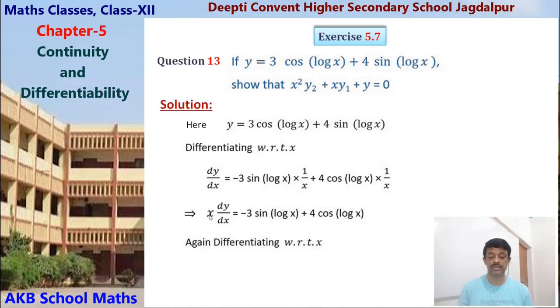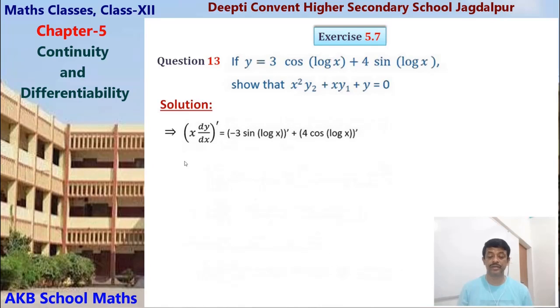Here is the product of two functions, x into dy by dx. This is because this is also a function of x. So on the left hand side, x dy by dx, we take the derivative and equate it to the right hand side, differentiating term by term. The first term's derivative is taken, then the second term's derivative. Now the left side is x dy by dx dash, equal to the right side, minus this same. Left hand side x dy by dx as it is.